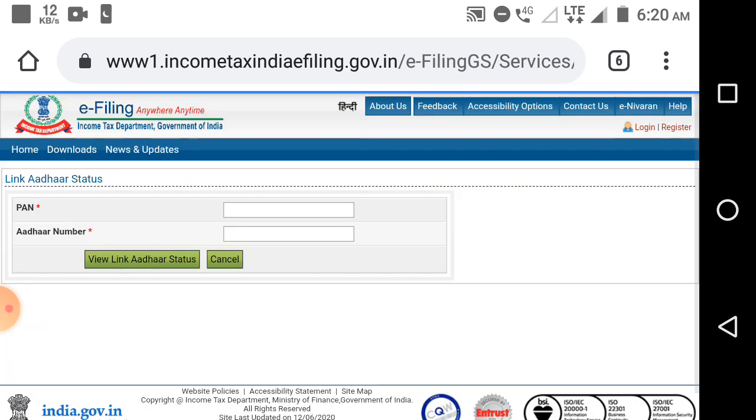I clicked. Yes, from here you can check the status. You have to put here your PAN card number, your Aadhaar card number, and view Link Aadhaar status. The next window will show you if the status is successful or not.